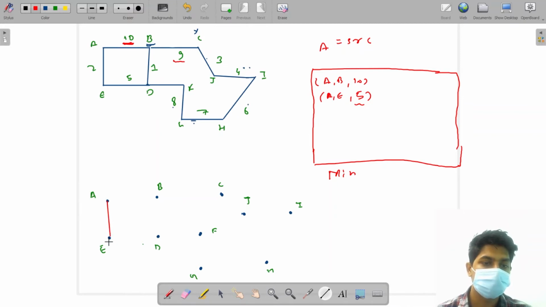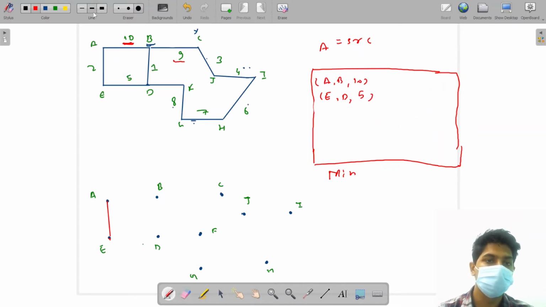I connected this edge. Now what I did, I removed this element, A to E with a cost of 5, from the queue. Now I am on node E, and I have to add the neighbors of E. There is only one neighbor of E, that is E to D, with a cost of 5. Sorry, it was A to E originally. I have written A to E was of cost 2 originally. Okay, in whatever case, that was the right answer.